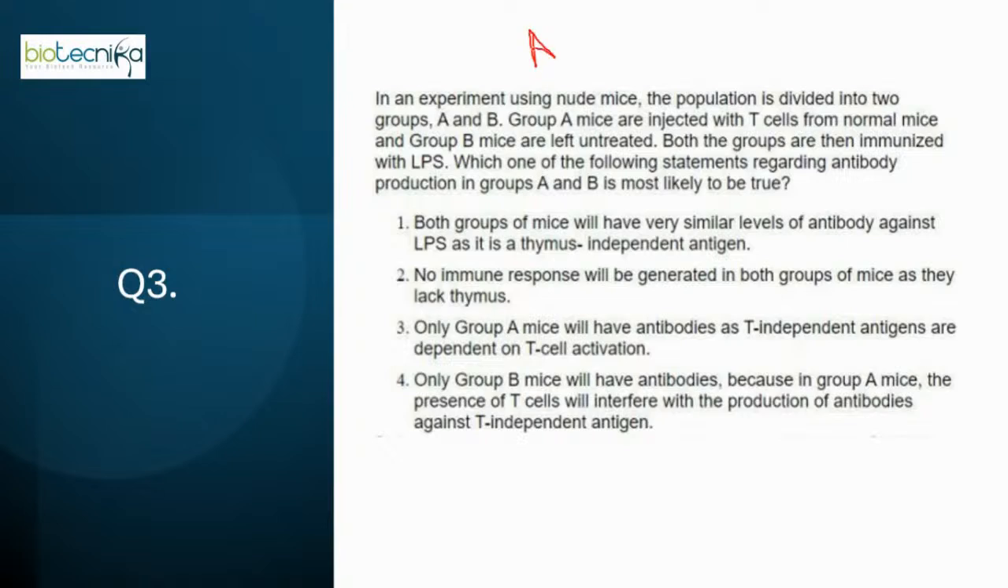Okay. So group A mice are injected with T cells from normal mice. I'm writing it as normal. And group B mice are left untreated, which means no injection of T cells has been given. Now both groups are then immunized with LPS. So this group is also given LPS, and this group is also given LPS,